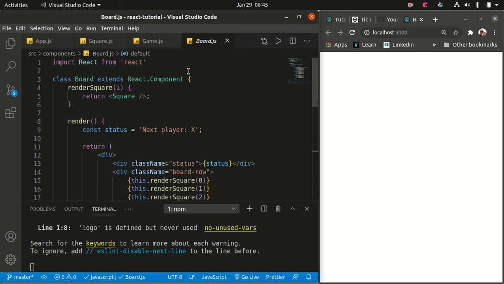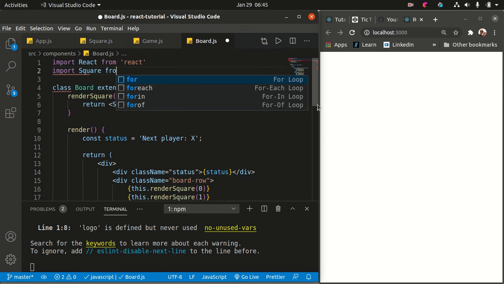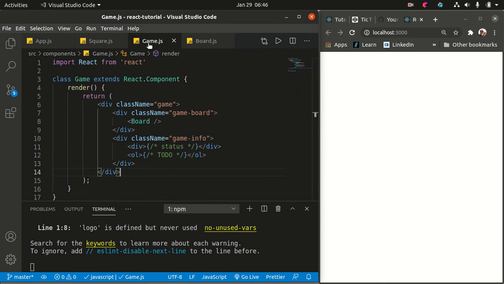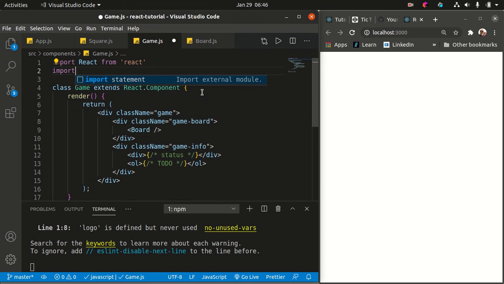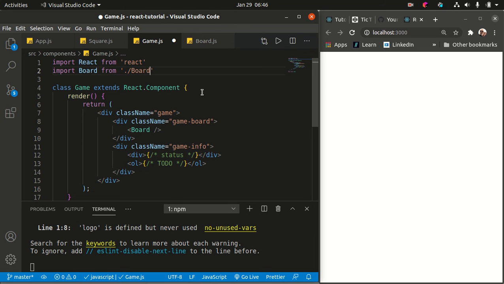Okay, so I'm going to start with the board, and I'm going to import Square from, and then we have to give the path to where it is. So if you use autocomplete, we're just going to import Square. Okay, then in Game, it renders Board, so I need to import Board from ./Board, using autocomplete. Okay, now